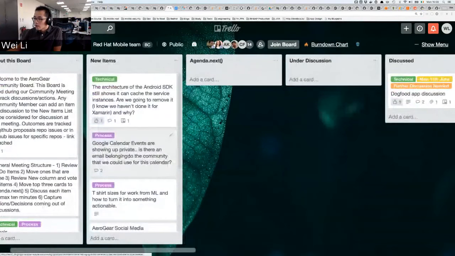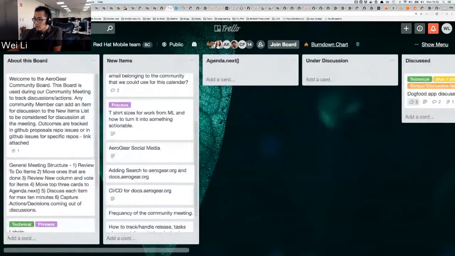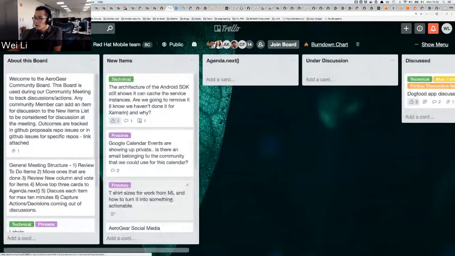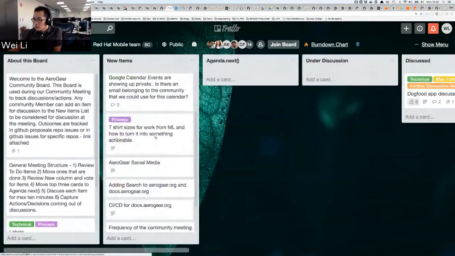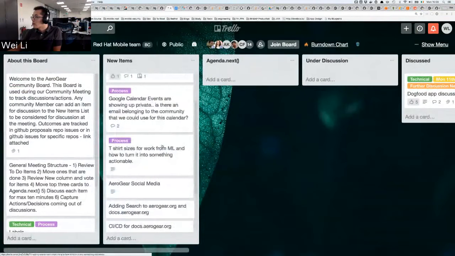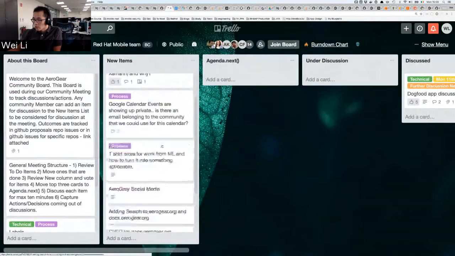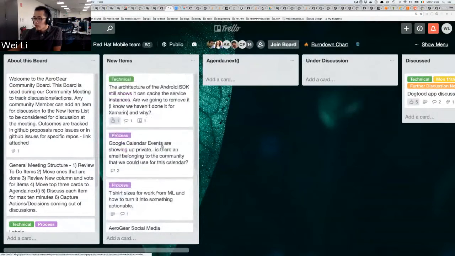Okay, if there's nothing else from the actions, we can probably look at what we want to discuss today. So there's already a few items in the new items column here. So I'll give you maybe 5 minutes to add more items and also vote on the issues that we want to discuss. And we will then pick probably the top 3 to discuss for today.